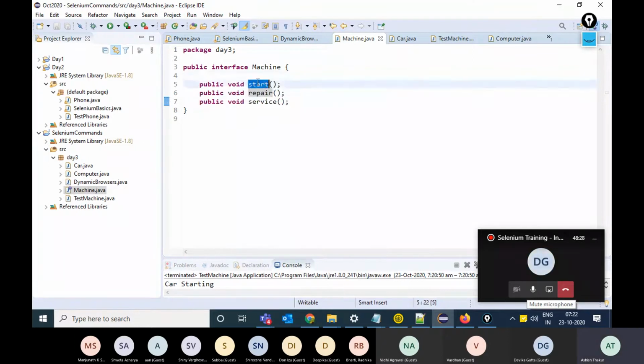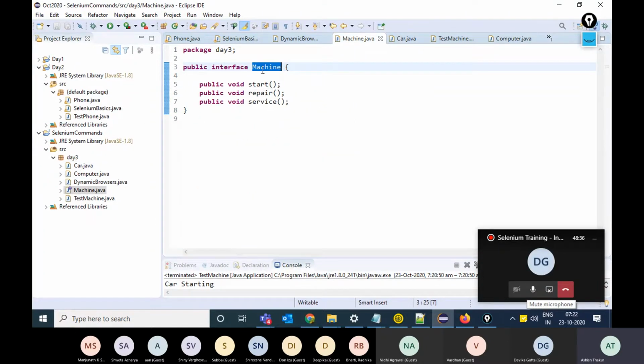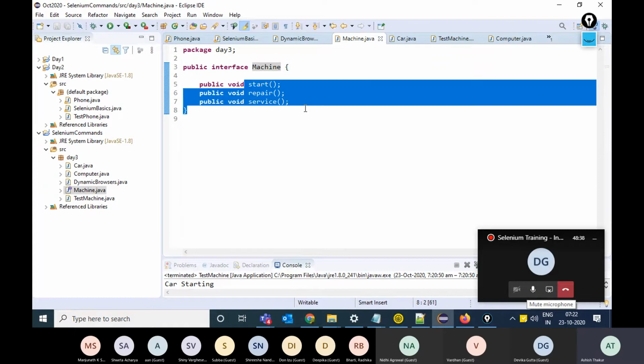Okay, if I read the machine interface, I will say, fine, okay, car is implementing machine. Then car will have the functions which are there in the machine class.